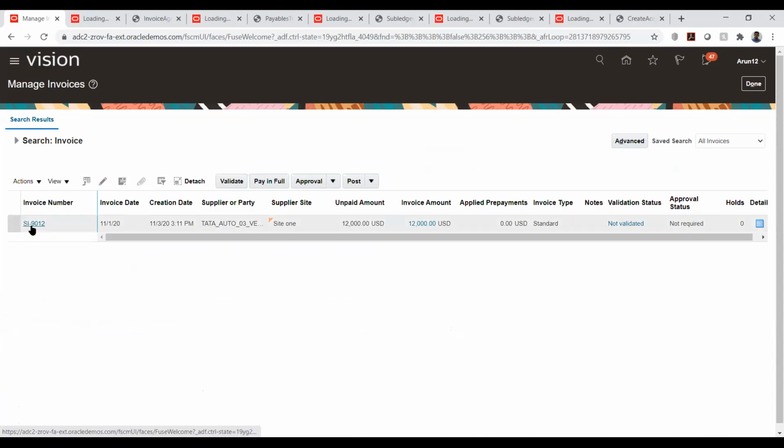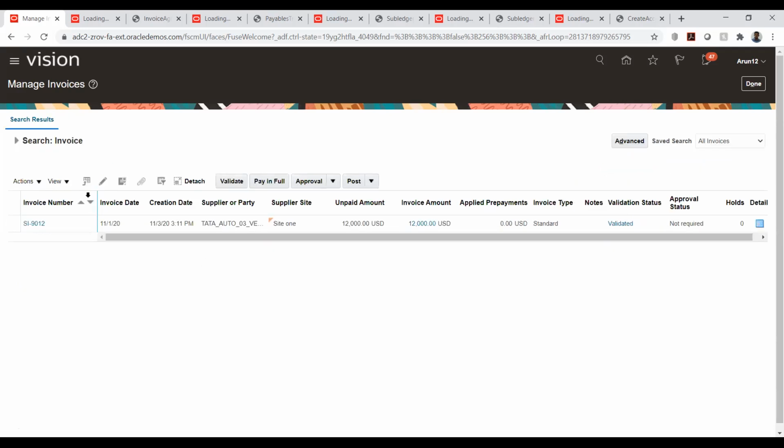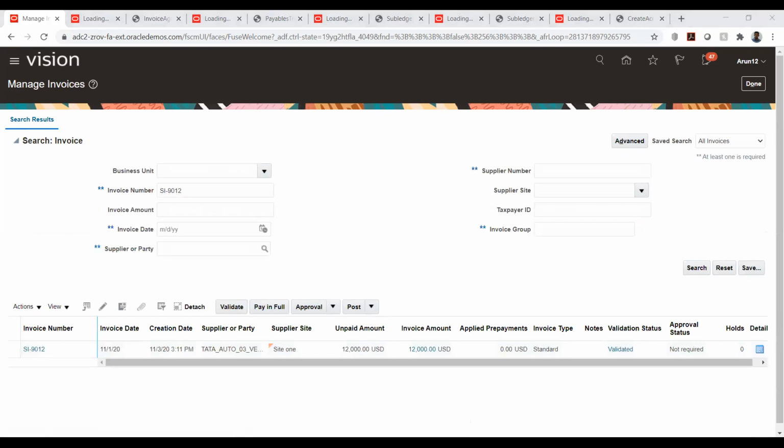Yeah, so these are our invoices. We have imported them, so I'll just validate it. Similarly, I'll take the other invoice as well.